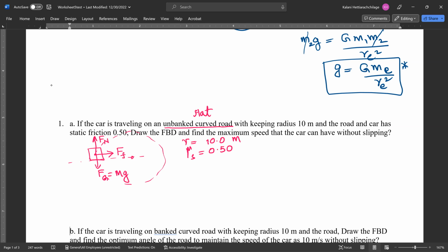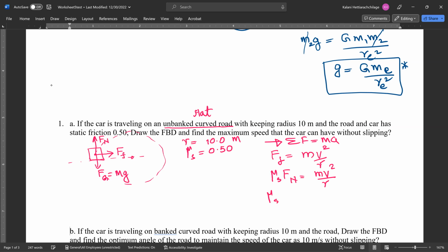Now we're going to write Newton's second law toward the center. Net force equals mass times acceleration. In this case, in my drawing, it is the x direction. So the net force toward the center is the friction force, which should be equal to mass times the centripetal acceleration, v squared divided by r. We know the friction force is static friction times normal force, equal to m v squared over r, and I need to find v, but before that I'm going to plug in the normal force